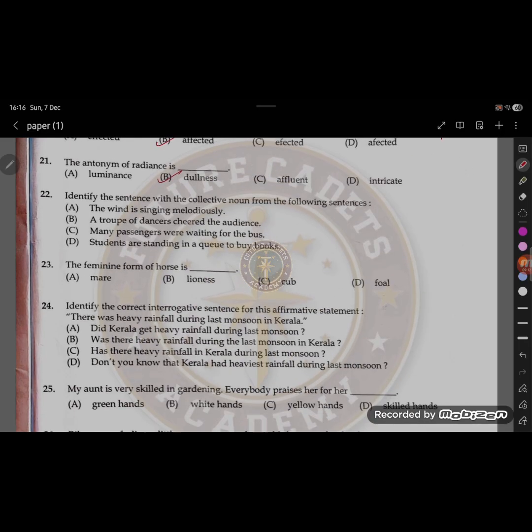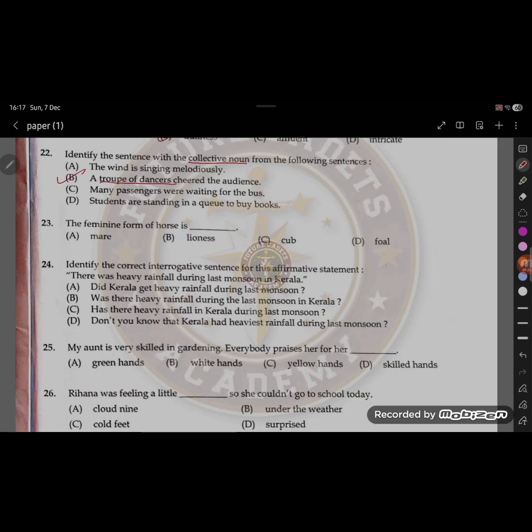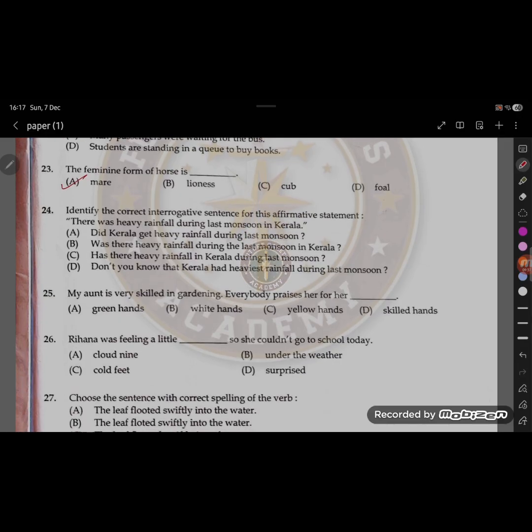Now for question number 22. Identify the sentence with the collective noun from the following sentence. It's a collective noun. So it will be this, a troop of dancers. Very easy, right? 23 is about the feminine form of horse. I am very, very sure that you get this right. This is mare. Question 24 is about changing the sentence. Correct interrogative sentence for this affirmative statement. So we have seen a similar question prior to this. Now this is kind of a reverse question. You have affirmative now, change into